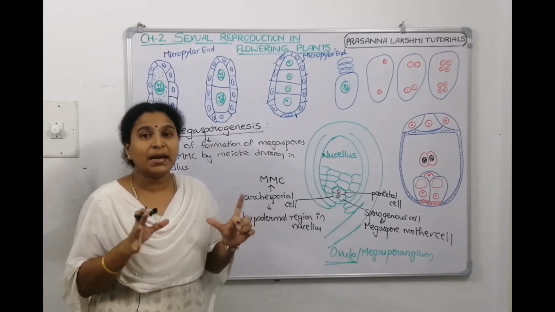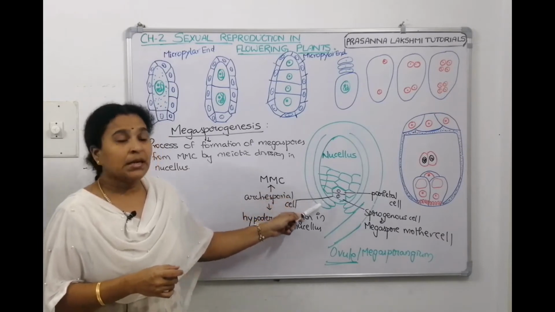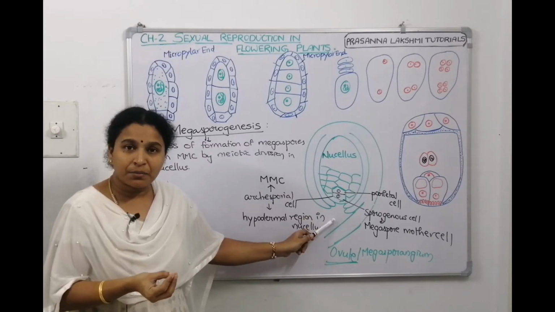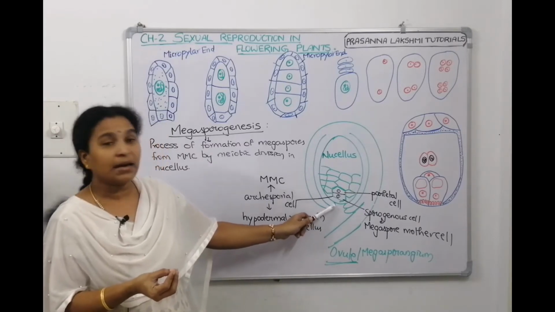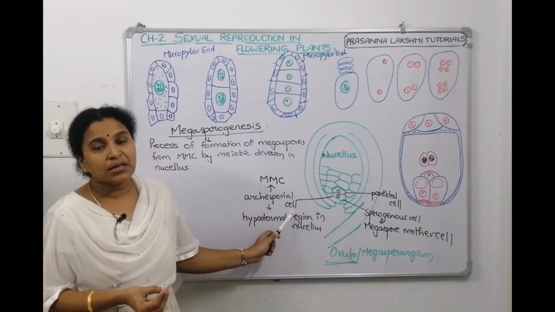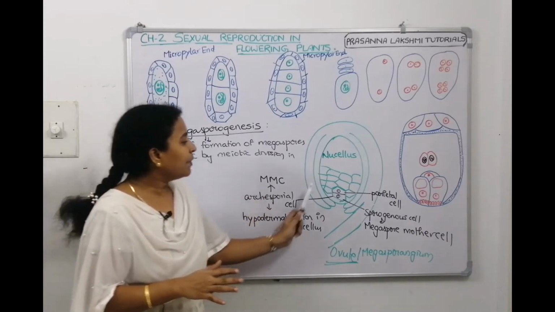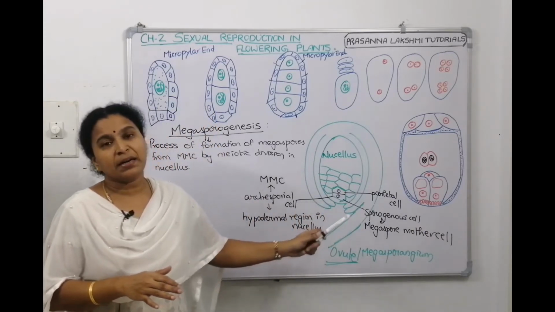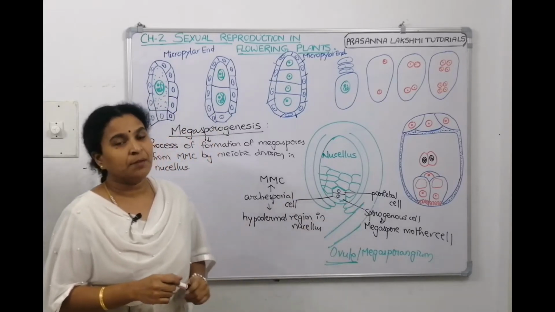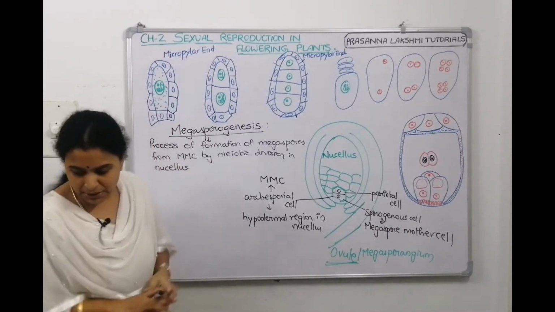We are trying to locate where the megaspore mother cell is. Megaspore mother cell is in the ovule. It is at the hypodermal region. One nucellar cell at the hypodermal region towards the micropylar end develops into an archesporial cell. That archesporial cell can directly develop into MMC, megaspore mother cell, or it can make a parietal cell and sporogenous cell. Parietal cell will add the nucellar content. Sporogenous cell will behave like a megaspore mother cell. Now, in NCERT, they directly showed us this picture. Now, let us see this picture.